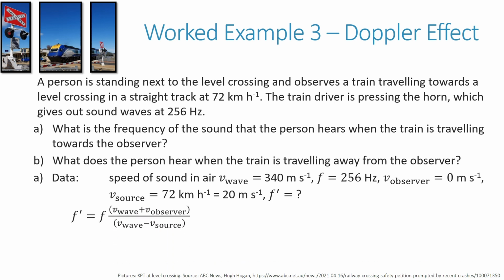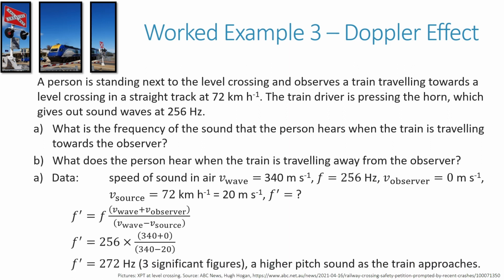Here's the formula. It looks complicated, but it's actually quite easy to use. F is simply the frequency of the horn. And we look at the velocity of the wave, the velocity of the observer, and the velocity of the source, and we simply substitute. So here they are, 256 times on the top line 340 plus 0, on the bottom line 340 minus 20. And we get an answer of 272 Hertz to three significant figures, which is a higher pitch sound as the